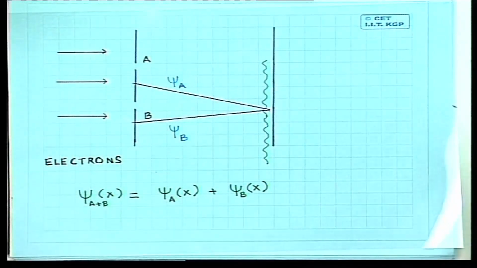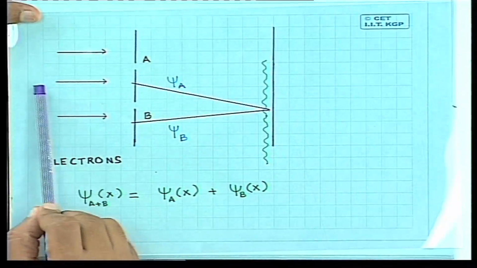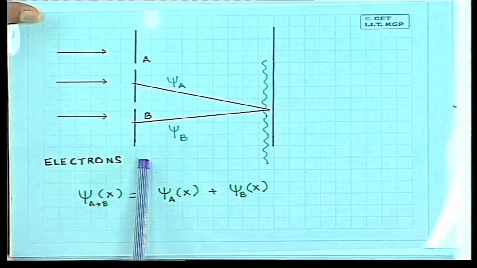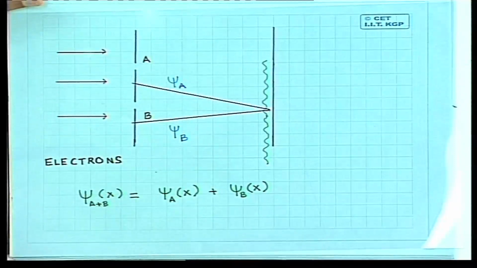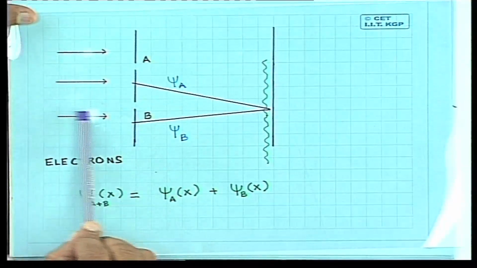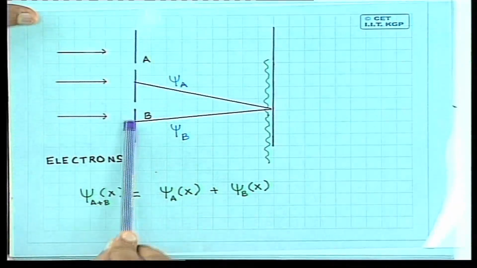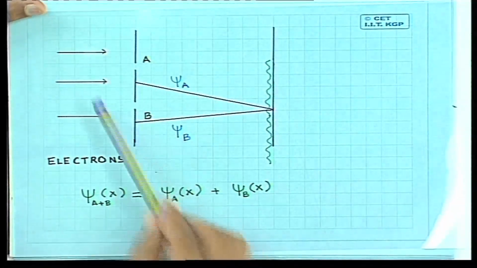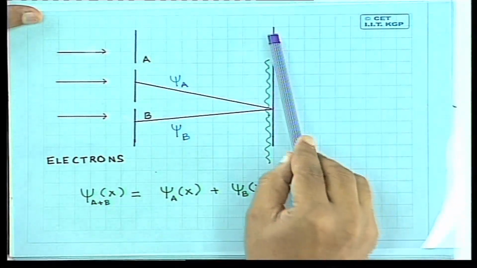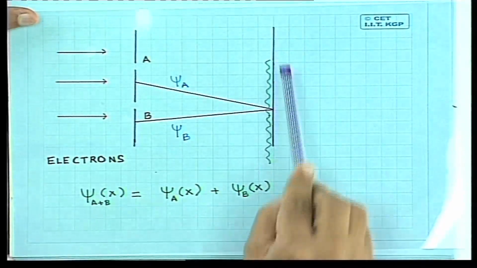We arrived at this by considering a thought experiment shown over here, the two-slit experiment, where electrons are being shot. Electrons arrive at this screen which has got two slits. You may consider that the electrons arrive one by one, so no two electrons arrive together. The electrons pass through either of these two slits, and then they arrive at this screen over here where we have detectors. So the electrons are detected over here.